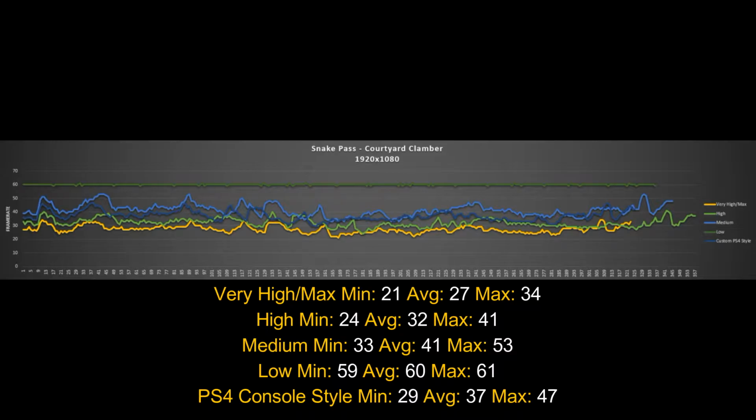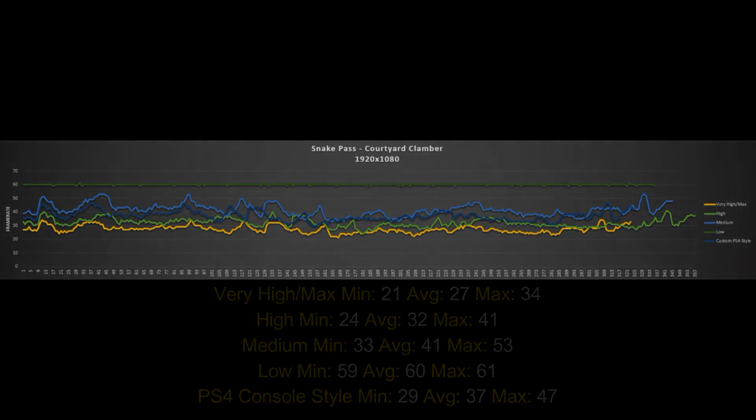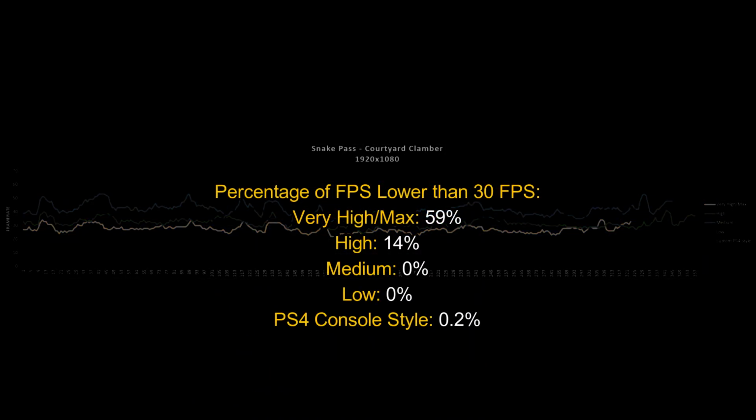So I decided to go and tweak those things that you saw with the PS4 console style settings, which is pretty much on high, shadows on medium, and resolution scaling set to 80. This is the closest that I could get to the PS4 settings, but either way we got better vegetation, because vegetation on PS4 is a little bit dumbed down compared to the PC settings, and we can't really adjust